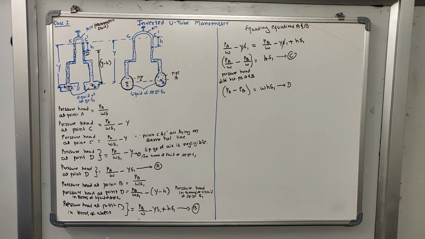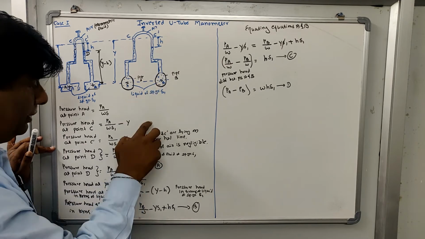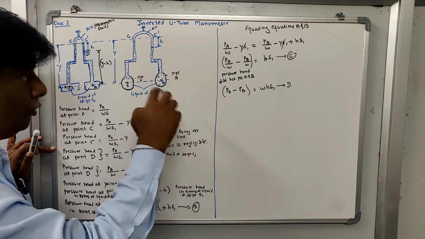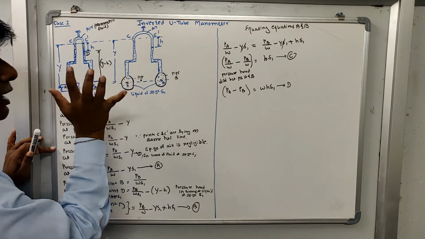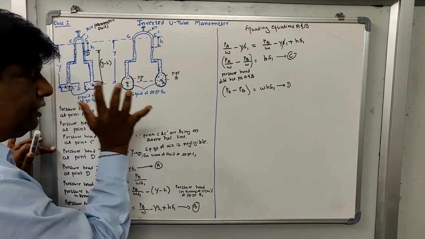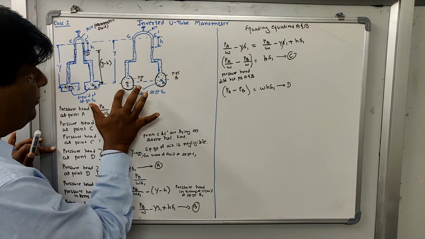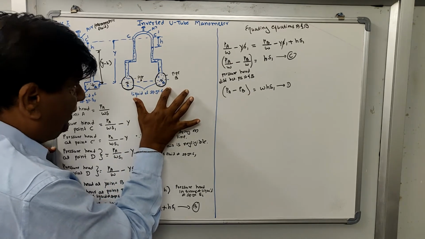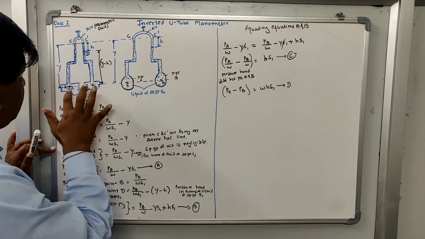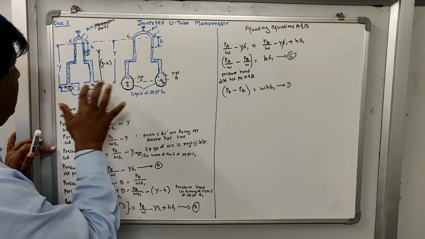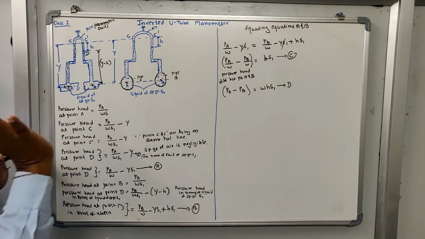That is very important. If different fluids are flowing at points A and B, then this equation does not hold good, so you have to develop one more gauge equation. This is the case where we have considered the same liquid flowing inside pipe A and also inside pipe B, and the specific gravity of that fluid is S1. Here it is a single pipe but the same fluid is flowing, so the specific gravity of that fluid is S1. So these are the gauge equations.